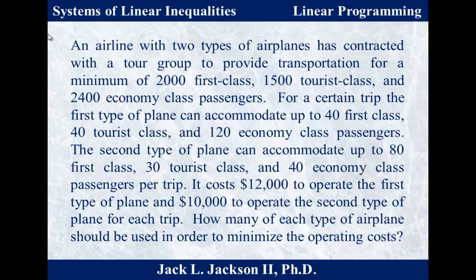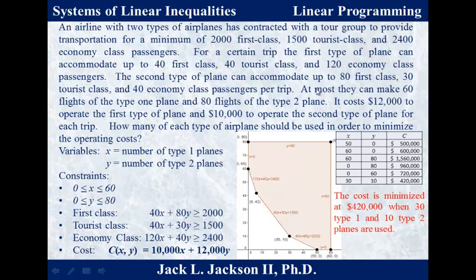So let's let X be the number of type 1 planes and Y be the number of type 2 planes that they use, and then write down your constraints, and then graph the region, find those corners, those vertices, and then I think there's one more condition. Yeah, there's one more condition I want to give, and that is